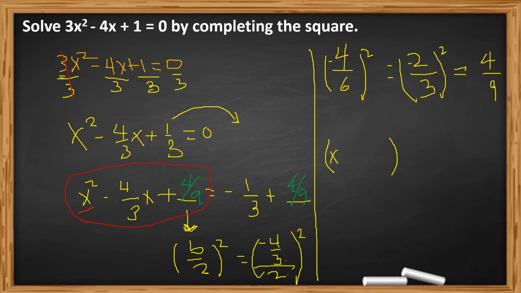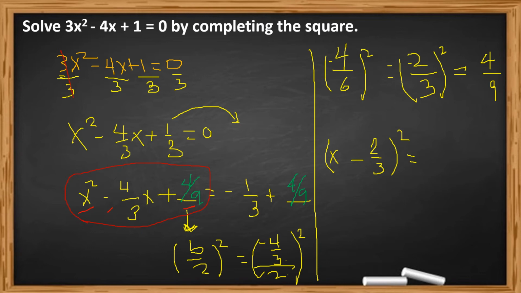So x, and square root of our last term here, this one, is 2/3. And the operation between these two terms is minus, because in the perfect square trinomial, it's minus ang second term natin. Yeah. Then squared, of course, squared equals,